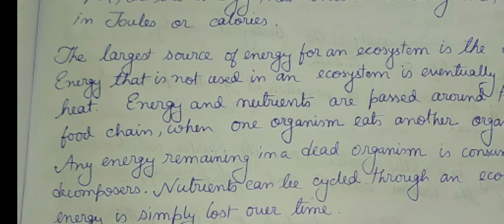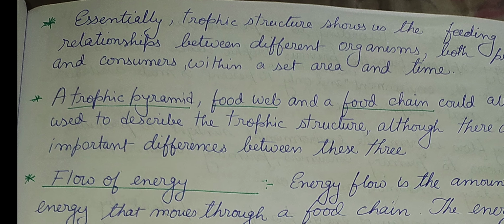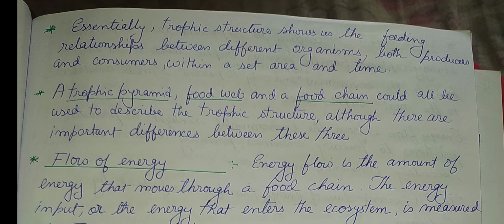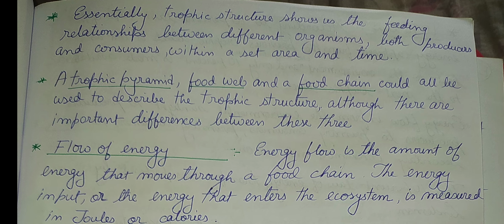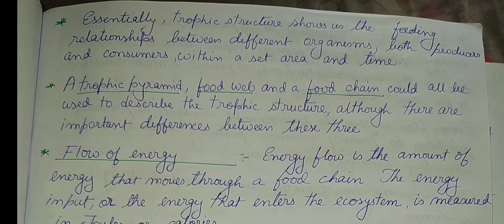Now importantly, if I talk about this trophic structure mentioned in these notes, in the definition of ecosystem, it has been said that an ecosystem is an ecological unit that includes all the organisms, like the communities of a given area, which interact among themselves and with the physical environment, so that the flow of energy leads to clearly defined trophic structure. Okay, so this trophic structure is composed of the first, second, third and fourth trophic level, and it shows the feeding relationship also,